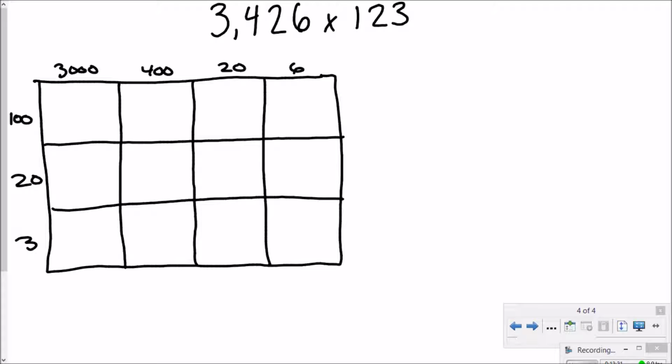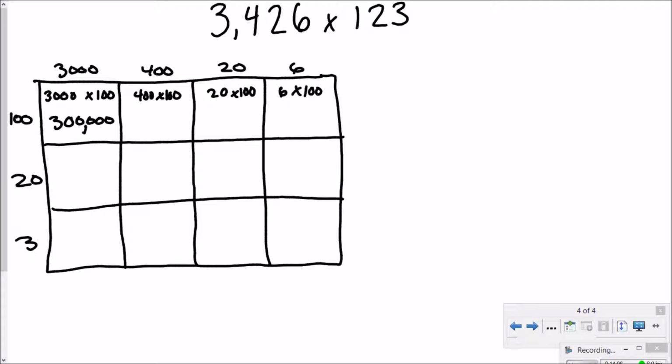Again, one of the good things about using the area model is that you break the numbers down to the basic facts. So in this first box, we're going to do 3,000 times 100. Second box is going to be 400 times 100. Third box is going to be 20 times 100. Last box is going to have 6 times 100. And then let's go ahead and solve those multiplication facts. 3 times 1 is 3. And in this problem, we're going to have 5 zeros,